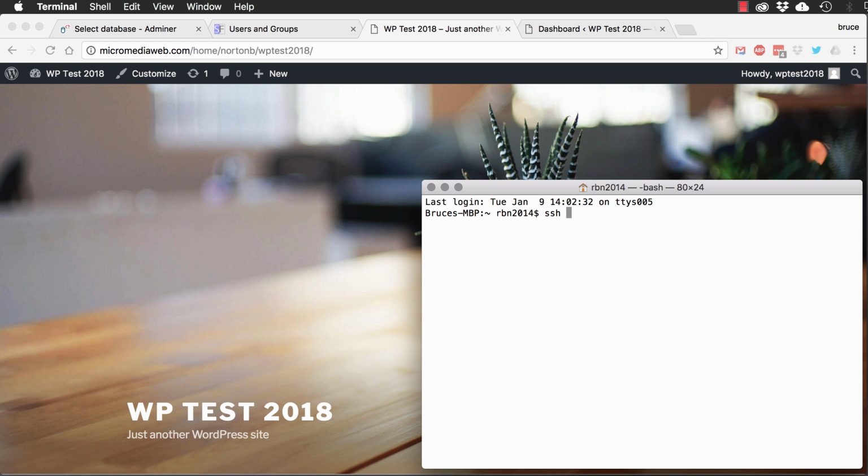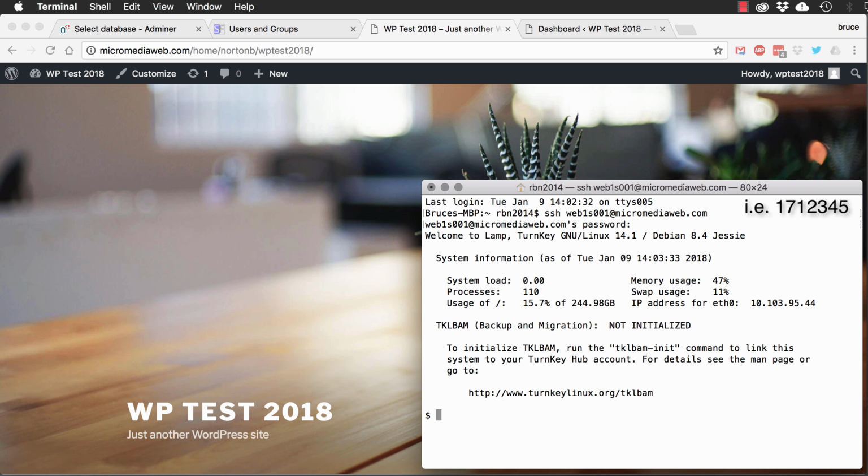So I'm going to type in SSH, which is the command, followed by web1S001, which is my student user number, so to speak. Obviously, you'll use your own student number. Enter in the password, and you can see here now we're logged into